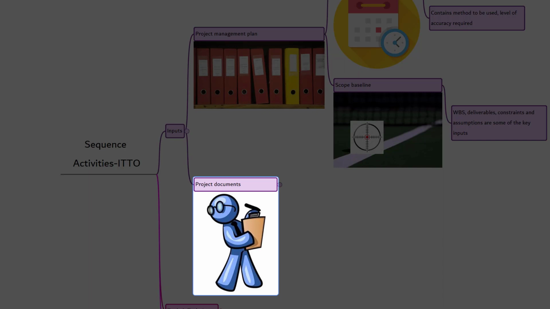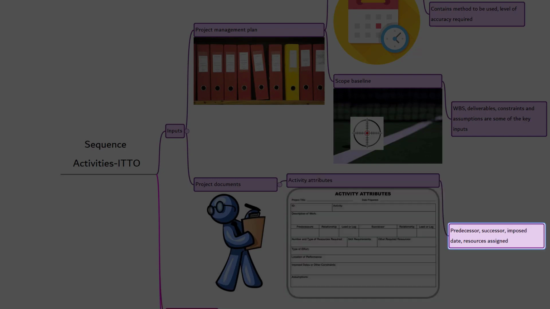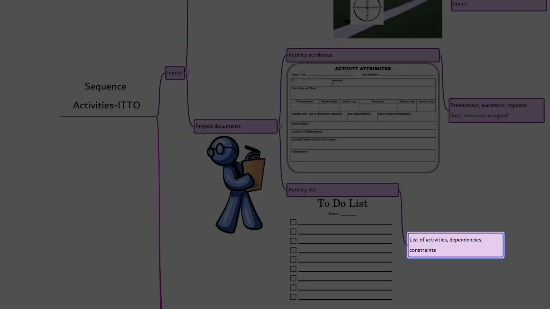The next input is project documents. There are four in it. Let's look at them one by one. Activity attributes. The activity attributes, such as predecessor, successor, imposed date, resource assigned to, etc., will be helpful to sequence the activities. Activity list. To sequence the activities, you need to have the list of activities, their dependencies, and other